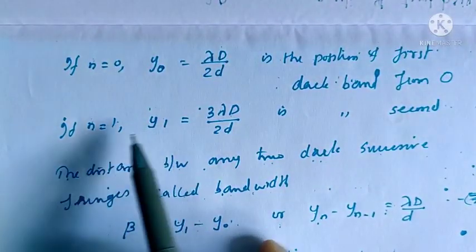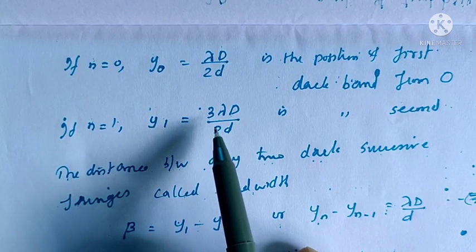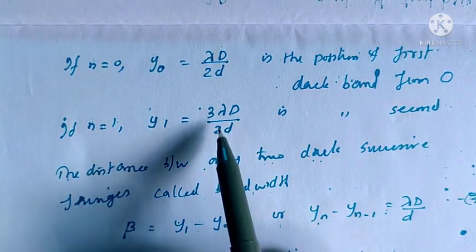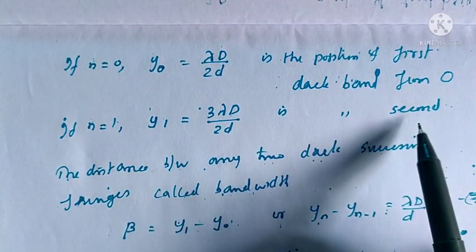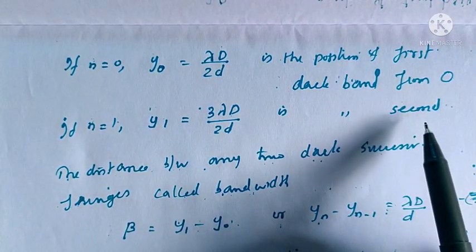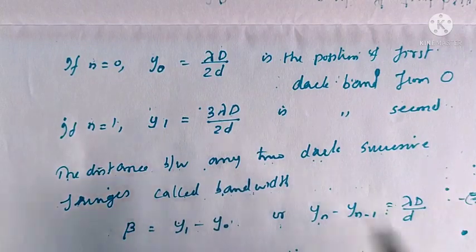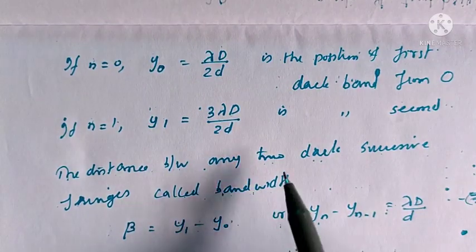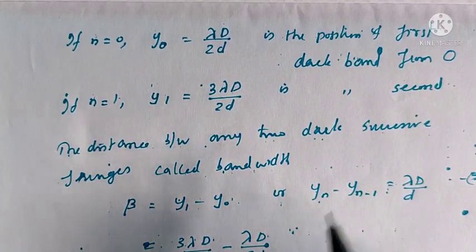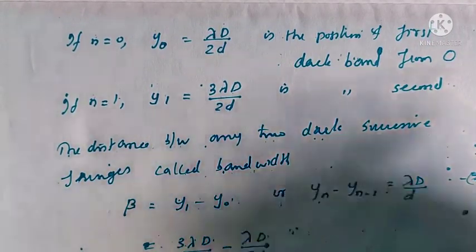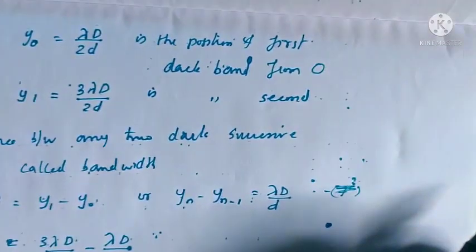Similarly, for n equal to 1, we will get y1 equal to 3 lambda capital D by small d, which will give you the second dark band from the point O. So the distance between any two successive dark bands will give you the bandwidth. So on the screen you will get